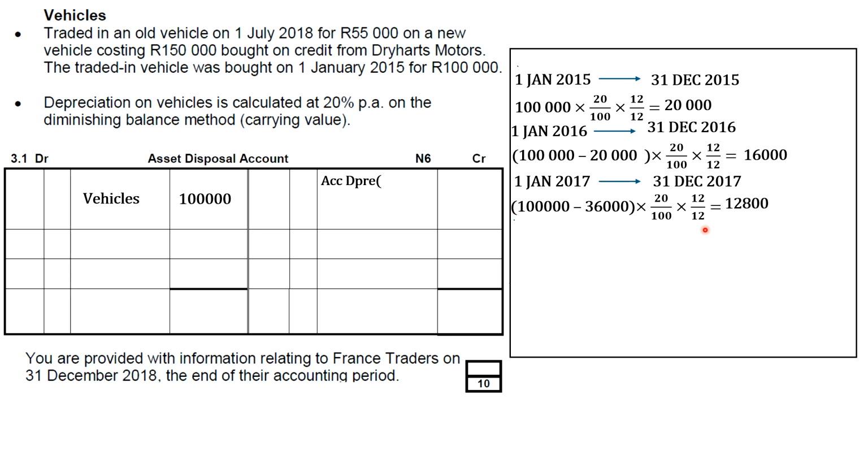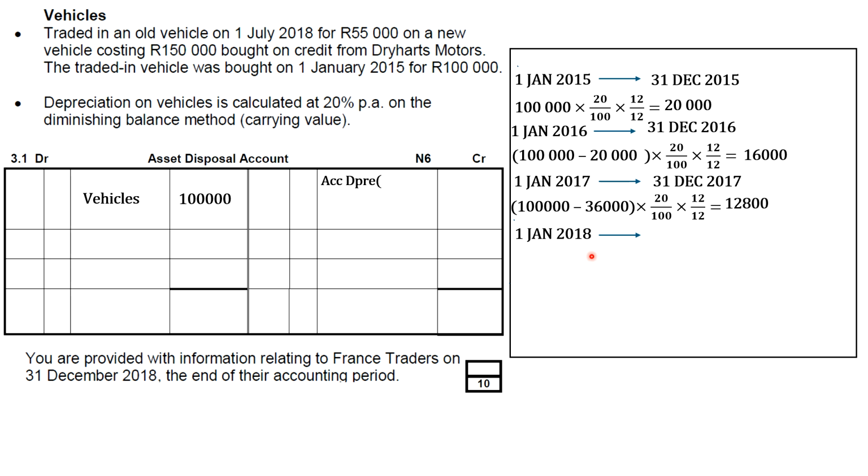Since we're going to the next year now, which is 1 January 2018, this is the current year we're working on. Remember, we said our year ends 31 December 2018. That means it started when? 1 January 2018. So this is our current year. Now that we're in the current year, we need to be really careful here. We're not going to push it to 31 December this time. We're going to push it to when we sold our asset.